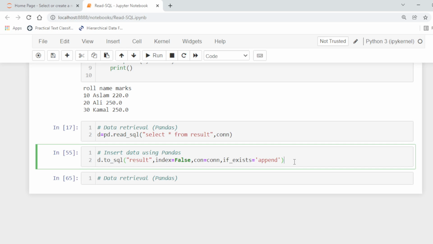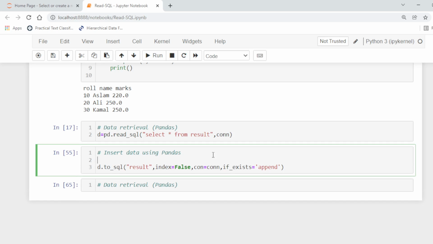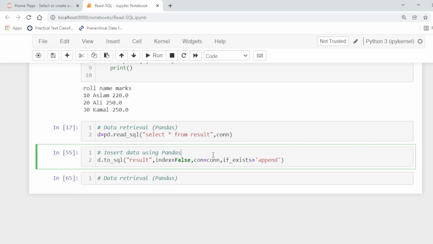So in this way, let's say we have a data frame, for example. We want to append the same data that is stored in this one.